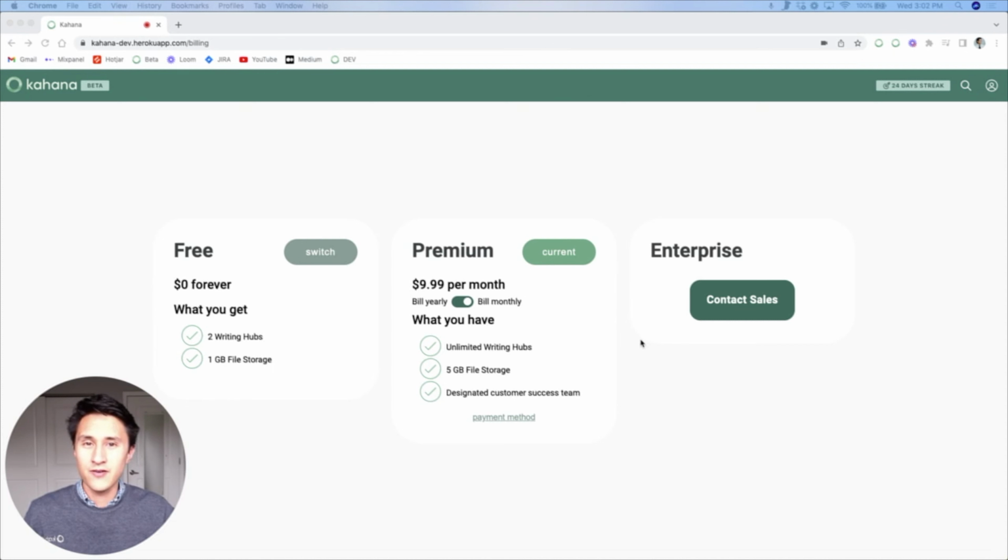Hi, I'm going to tell you everything you need to know about storage in Kahana. When you sign up for free, you get 1 gigabyte of storage on us. When you upgrade to premium, you get 5 gigabytes of storage for all of your hubs. And if you're a part of a team, an organization, or a company and you need more than 5 gigabytes